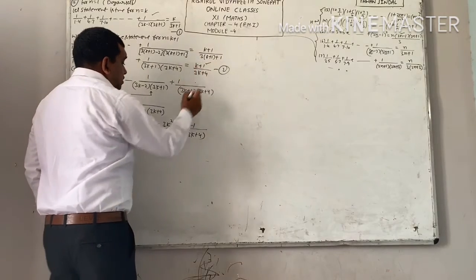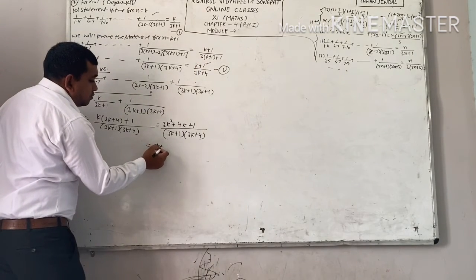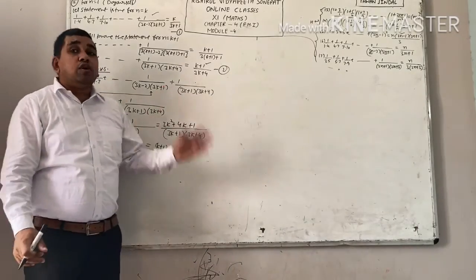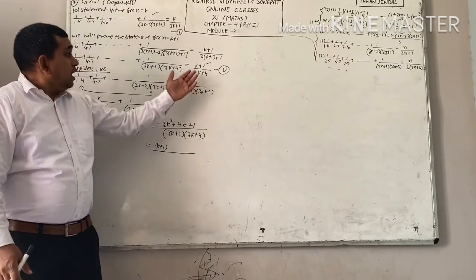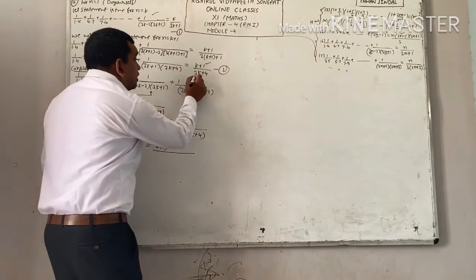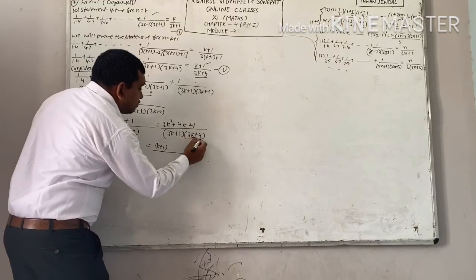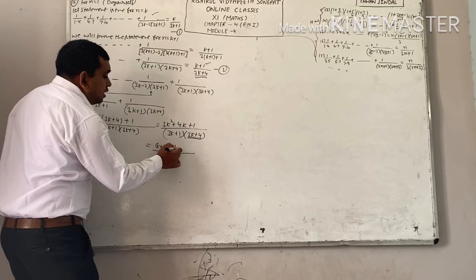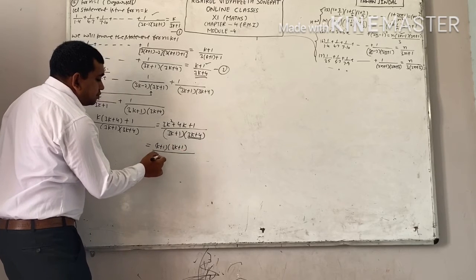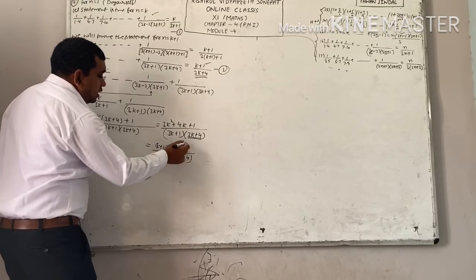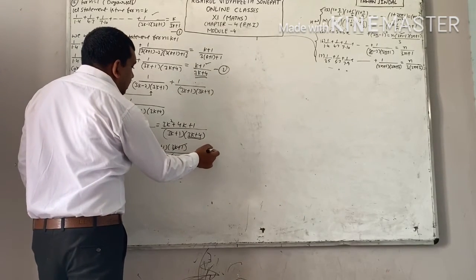I require k plus 1. Therefore one factor will be k plus 1. Second factor of this quadratic will be which we don't require in our answer. In right hand side you can see I require only this term 3k plus 4. 3k plus 4 is there. I don't require this term. Therefore another factor will be 3k plus 1. Because this 3k plus 1 will be cancelled out and this is equal to right hand side.